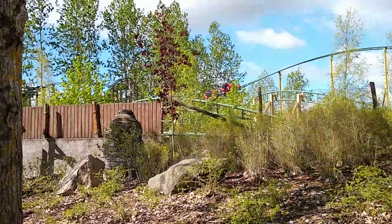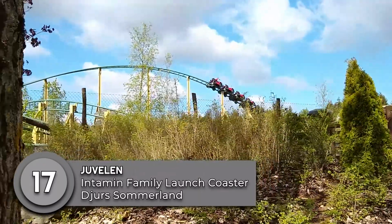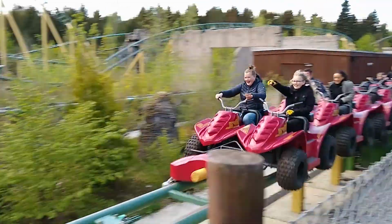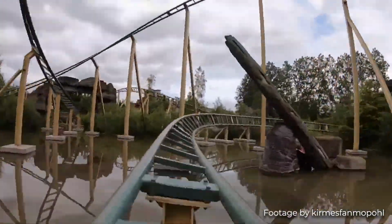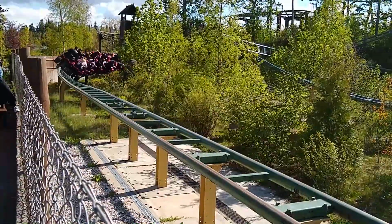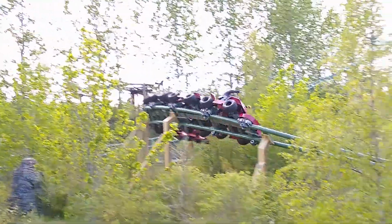At number 17, we have Tivoli here at Djurs Sommerland in Denmark, an intimate family launch coaster. It's not a family coaster. I know that this is technically classified as a family coaster, and I think a lot of these intimate family launch coasters are family coaster level, but Tivoli just takes that a step up. Tivoli has, first of all, two great launches. One is a little more slow, one has a nice kick to it,